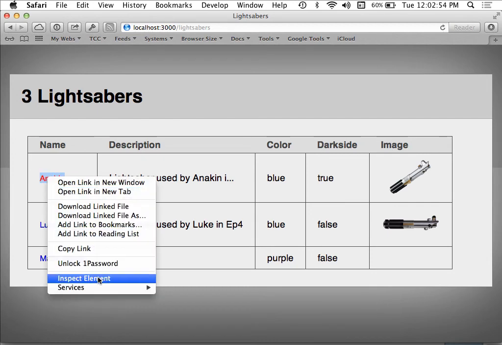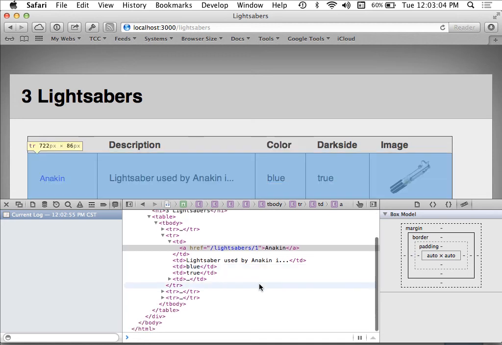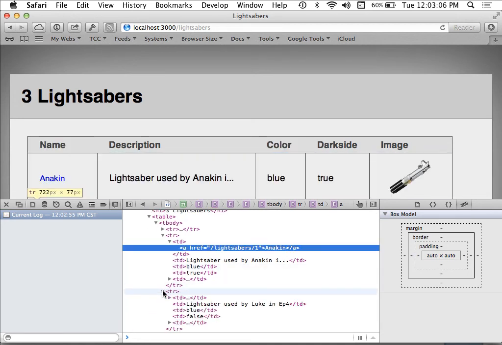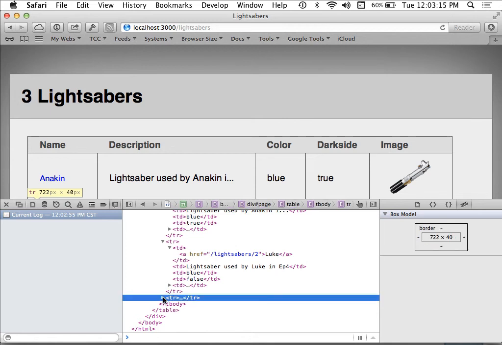And if I go and inspect those hyperlinks, I can see where they're actually going. The Anakin link, for example, is going to /lightsabers/1. The Luke lightsaber is going to /lightsabers/2. And the Mace Windu lightsaber is going to /lightsabers/3. I'd be willing to bet, it's about the only case I would bet because I'm certain, that if we went out and looked in the database,